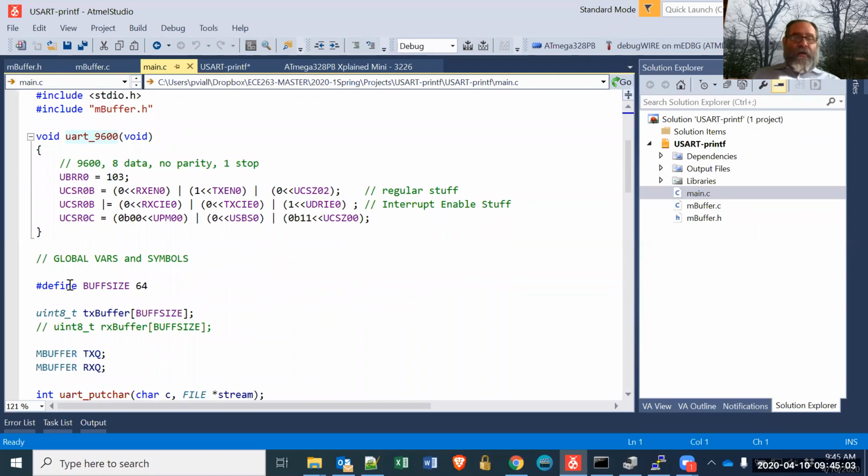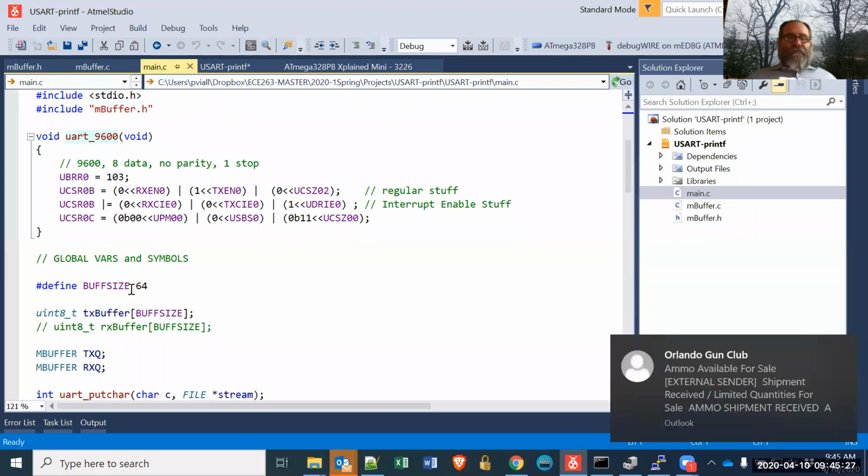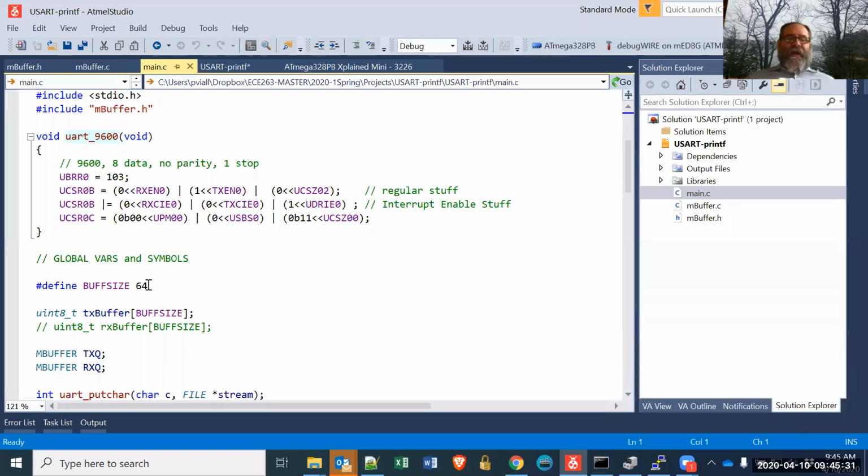The size of the buffer needs to be larger than the greatest amount of characters you're ever going to put into it. I make a relatively small 64. It could be up to 256. I'm making it 64 just so I can demonstrate buffer overflow for you. For efficiency, I would suggest that whatever your buffer size is, you make it a power of 2. And the reason for that is